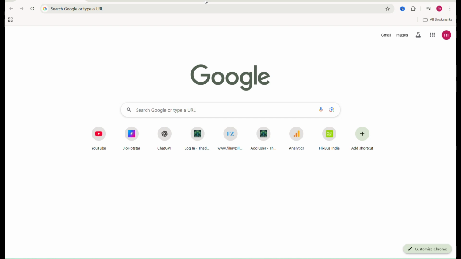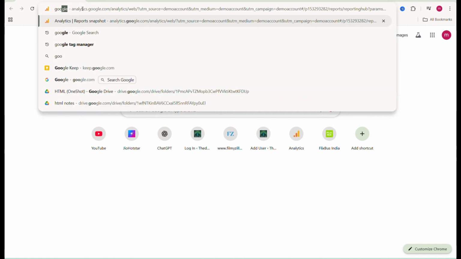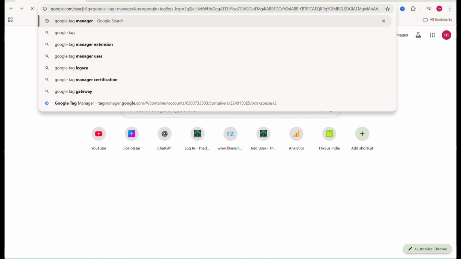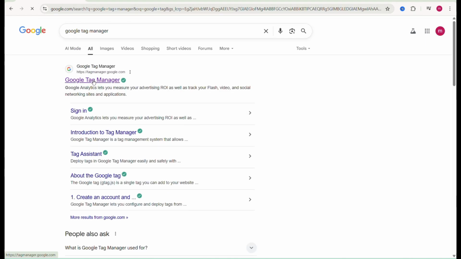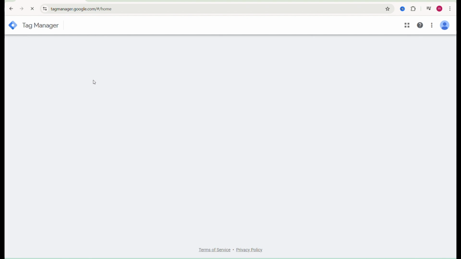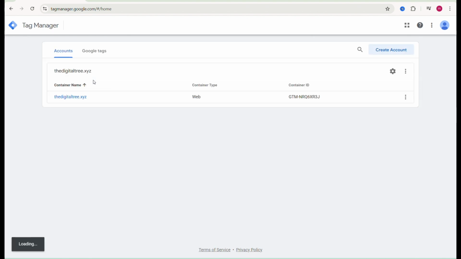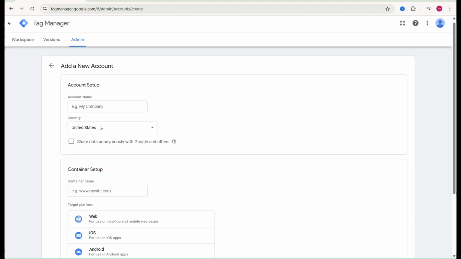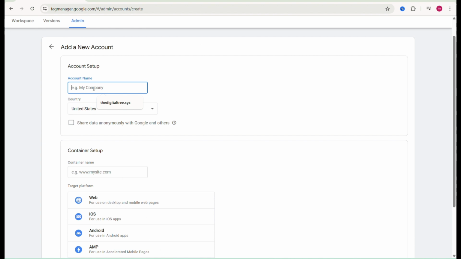My name is Mekhendra and I am going to teach you how to connect Google Tag Manager with your website. Firstly, you have to visit the Google Tag Manager website. This is the Google Tag Manager platform. I have a website, so I had already connected it with my website. So now you have to click on create an account and give simple information like your website name,